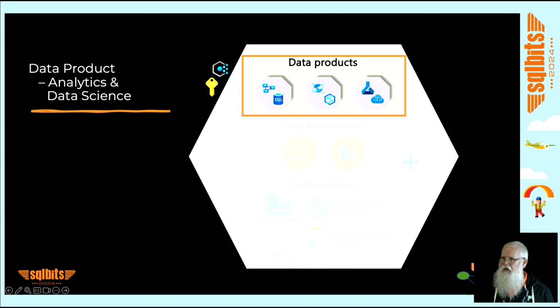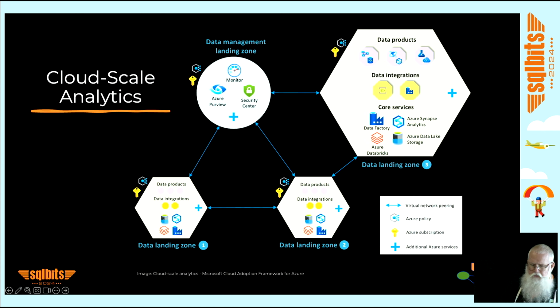Then you have common services like data integration, batch and stream, and then you have data products, again, more sandbox or data scientists or analytical tool belts where they can develop their data products. And of course, this can then scale out as much as you want in a complex organization and distribute across.